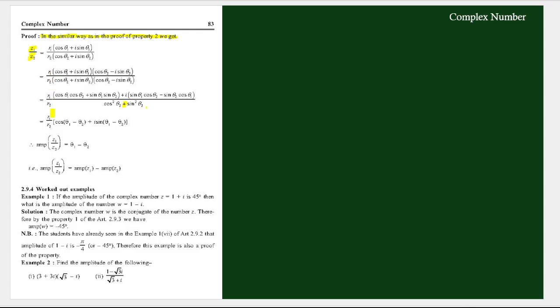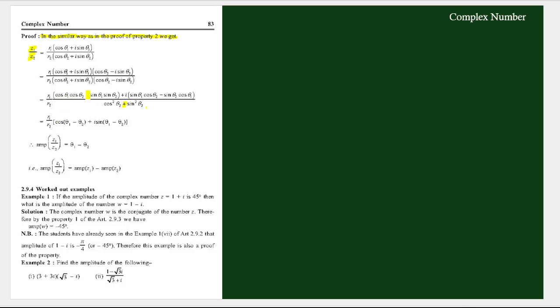r1 by r2 is common. Now what will be in the numerator? Multiply now. Cos theta 1 cos theta 2, okay, same for this one. This is minus, so plus into minus, minus. I square is what? Minus. So minus minus becomes plus, so sin theta 1 sin theta 2, like the same earlier one. Again you take the common i, so sin theta 1 cos theta 2 minus sin theta 2 cos theta 1, and that will be nothing but your